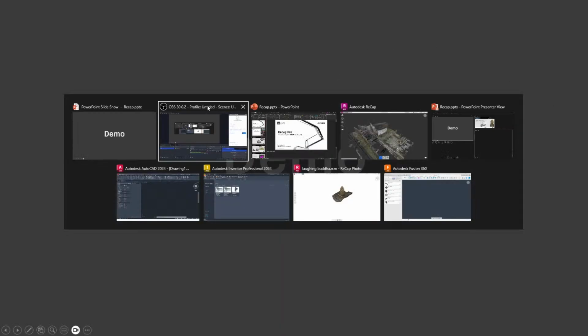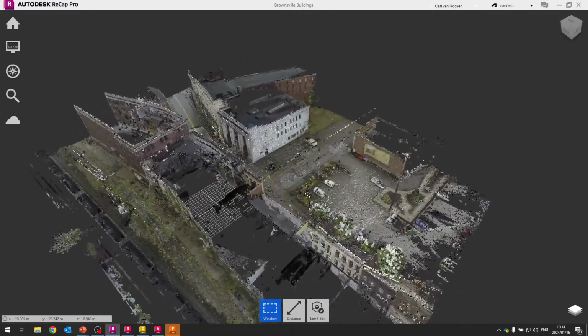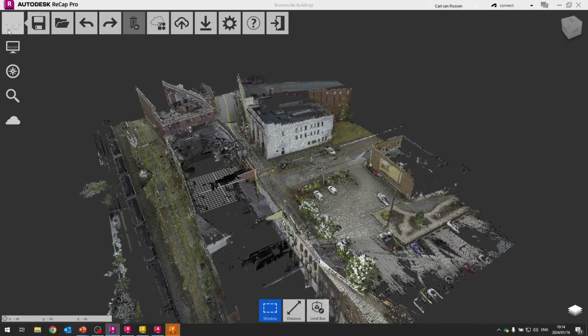So this will bring us into our first demo. So I'm going to go ahead over here into Recap. Now, to save time, I've taken an example data set from Autodesk. So we won't be going through the import of the scan data. However, that would be